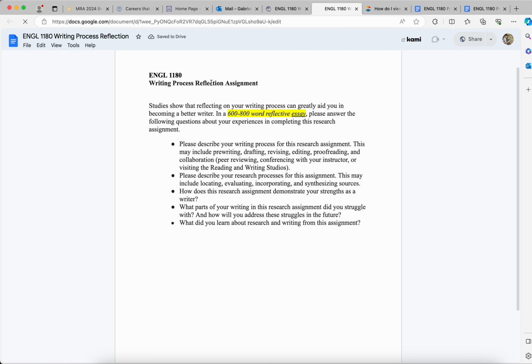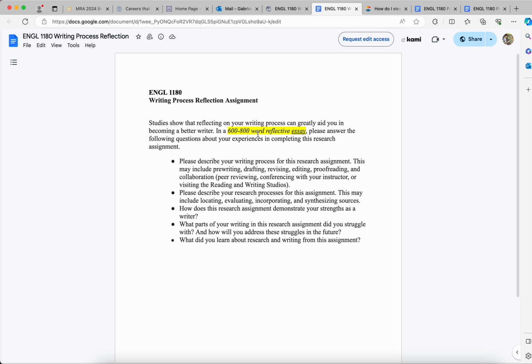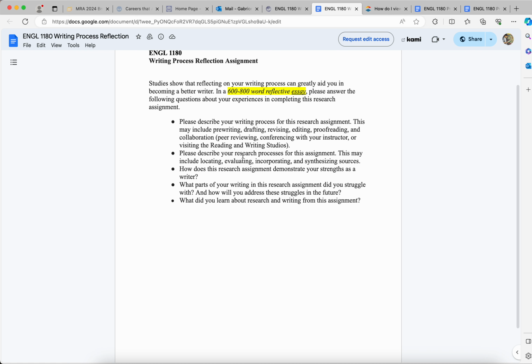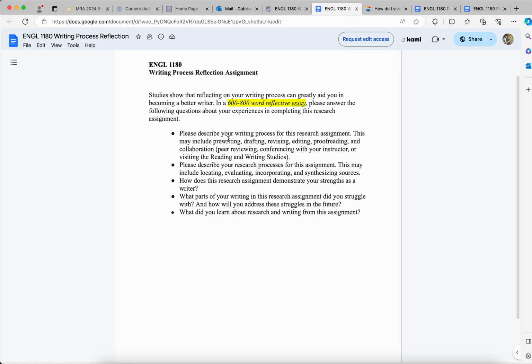You'll also do a writing process reflection. This is in an essay format, so you don't want to copy and paste these and answer them below. You want to write out an essay with an intro, maybe a few body paragraphs, a conclusion, and you'll be looking to answer these questions about your writing process for this particular assignment. Not only just this last assignment, but because your writing process probably is similar for each writing assignment that you do,